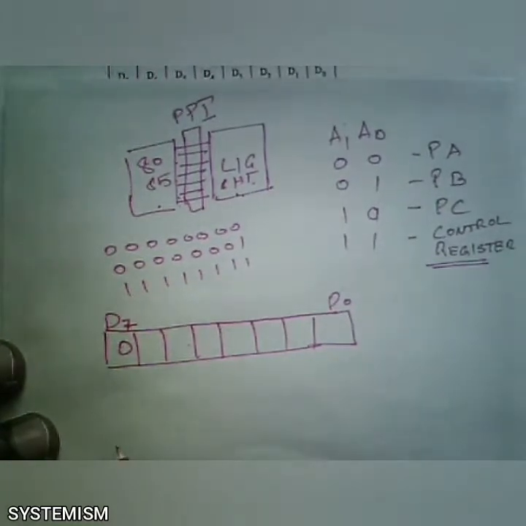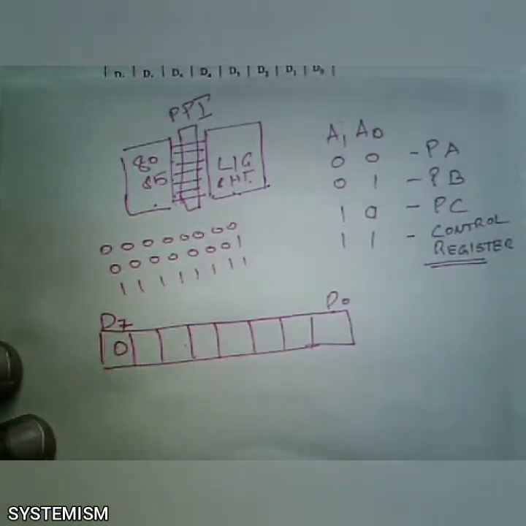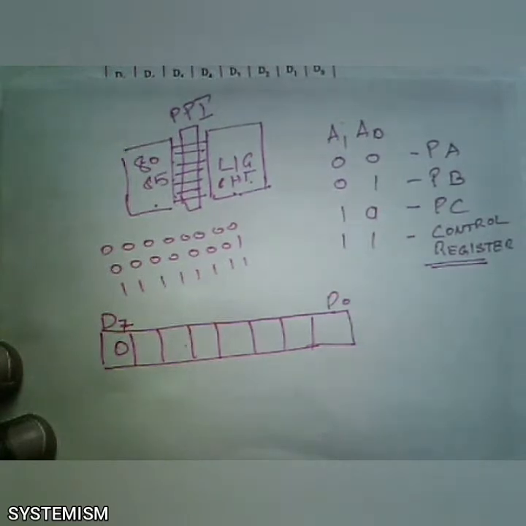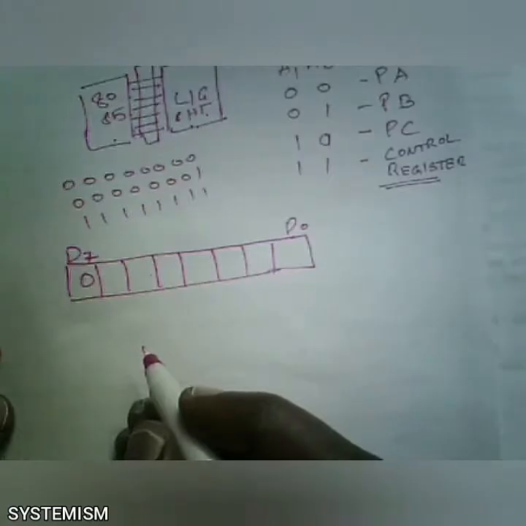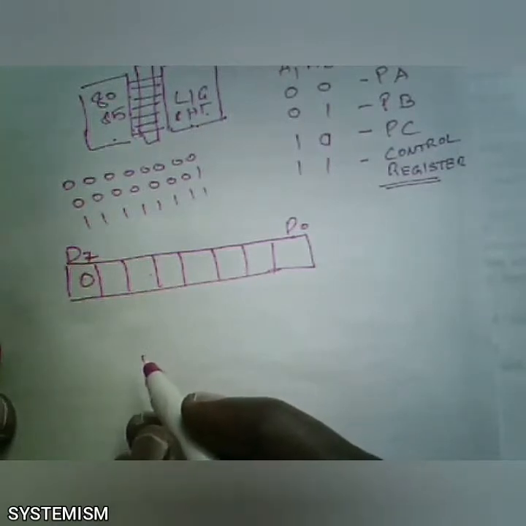Next mode is input output mode. So again the input output mode is divided into 3 different modes. First is mode 0, that is simple input and output mode. Mode 1, that is the second mode. So what is that? That is bidirectional input output mode. BSR mode over. So now it is IO mode.